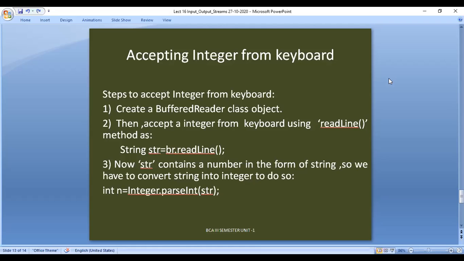But whereas for accepting integers, we are using String str equals br.readLine. But we want integers. When it is asking the user to enter a value, you will be entering an integer value. Let us say that 20 is a value supplied at runtime, which is stored in str.